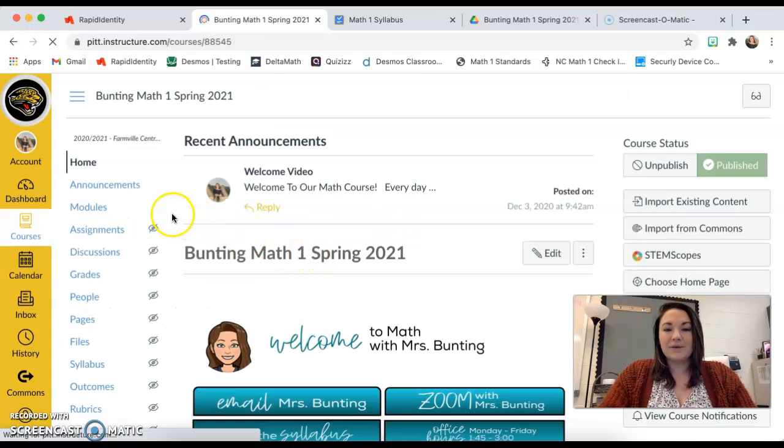Right, so the only other thing that I want to note is that it is extremely important that you are checking Canvas with the home page, the